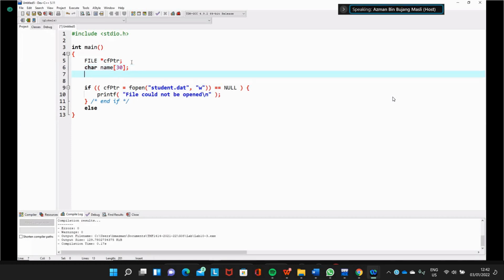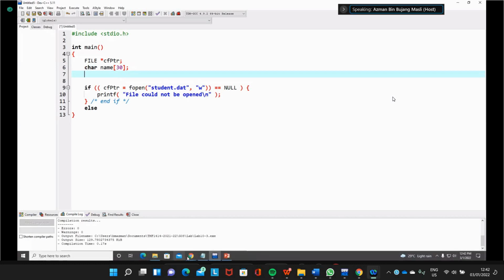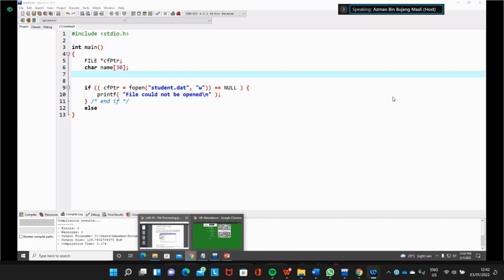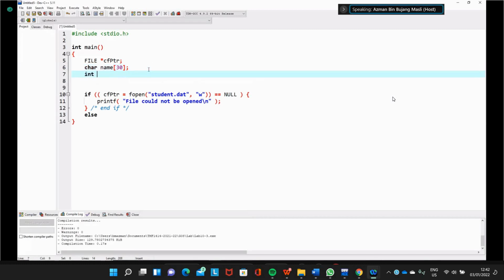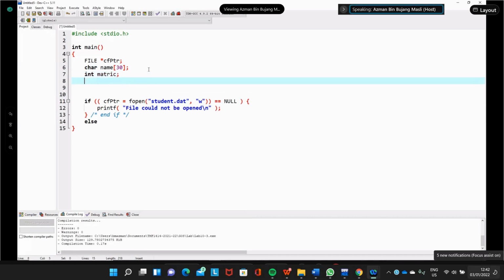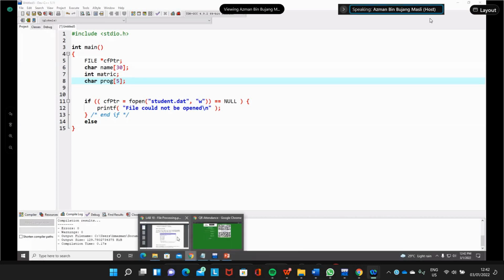Then we need the metric number as an integer, and then the program, which is an array of size 5, for example, because there are only two-letter words like IS, MC, SE.